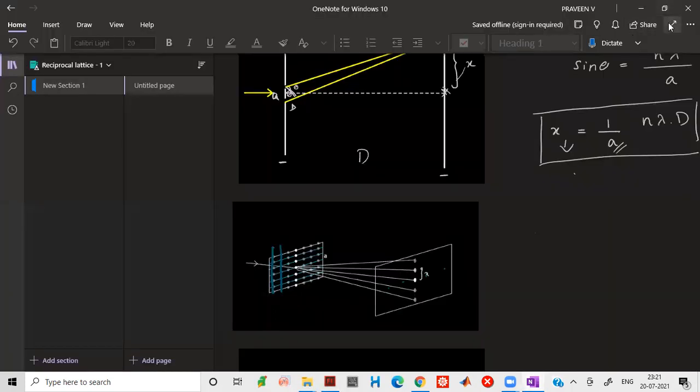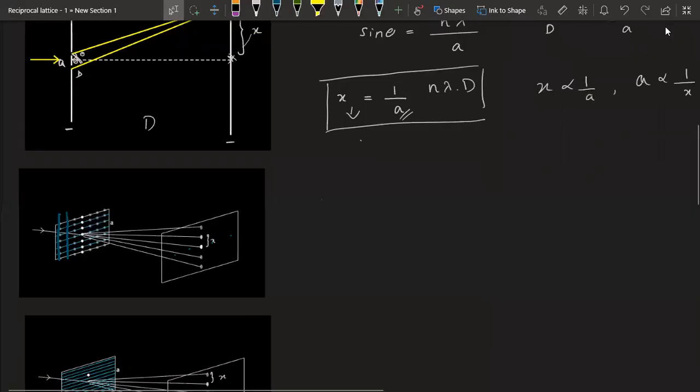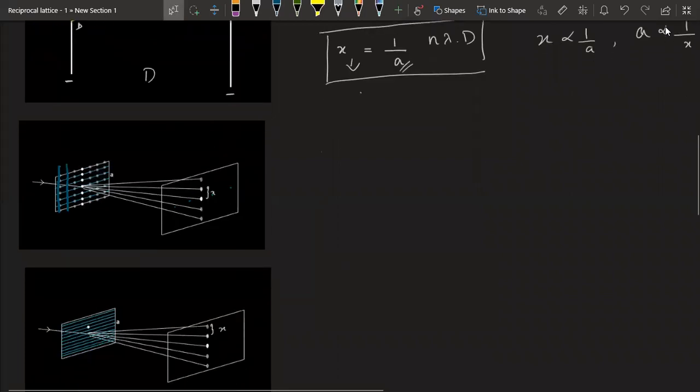Okay, now let's get back. So that's what happens here. Now we have some other additional set of planes, coming like this. So the dots corresponding to that will appear like this in the horizontal plane. Whatever the plane that diffracts, the dots will appear perpendicular to that. For the first one, the A separation was in the horizontal direction, so we had these white spots, and this is vertical. There is a set of other vertical lines. For that, the dots will appear perpendicular to that, in the horizontal direction.